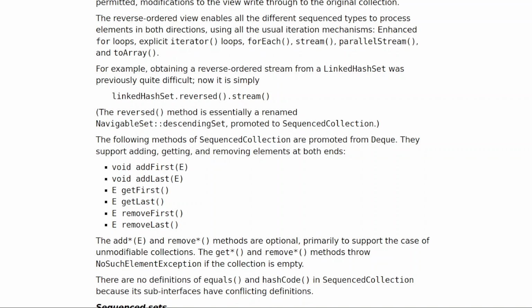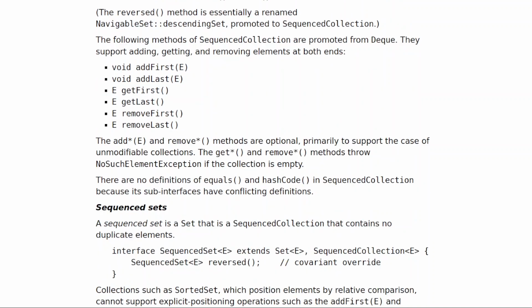There are no definitions of equals and hashCode in SequencedCollection because its sub-interfaces have conflicting definitions. Sequenced sets. A sequenced set is a set that is a sequenced collection that contains no duplicate elements. interface SequencedSet<E> extends Set<E>, SequencedCollection<E> { SequencedSet<E> reversed(); // covariant override }